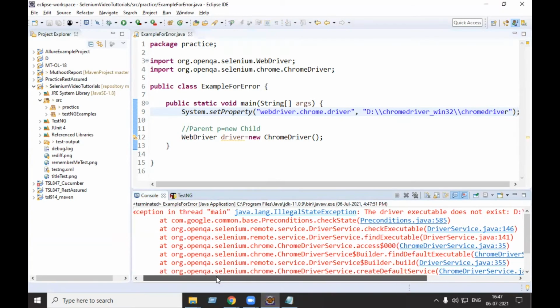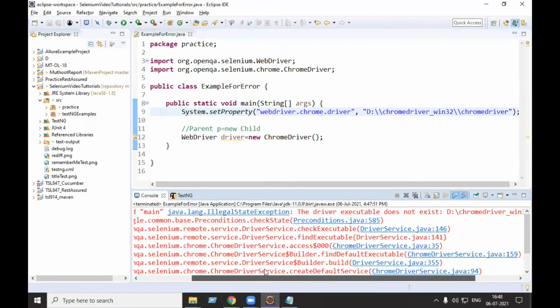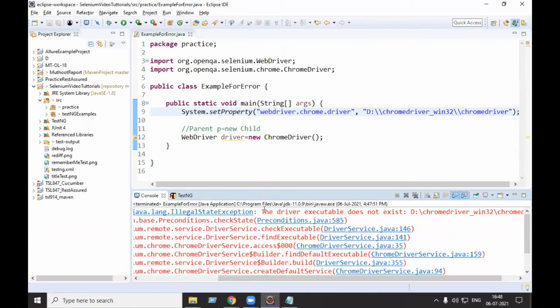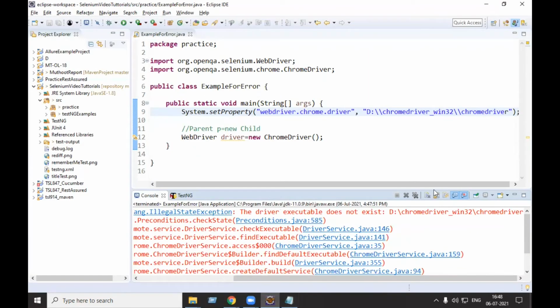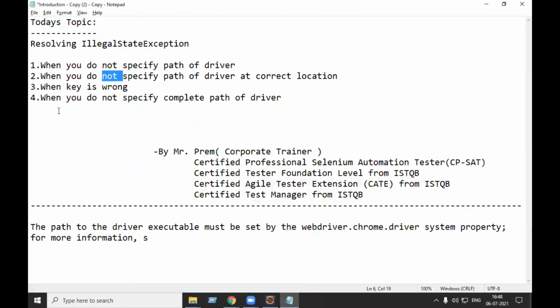Now what are you getting? Again, you are getting illegal state exception, but this time the error is different. The driver executable does not exist. Okay, it is saying the driver is not there. Here, what happened? You forgot to mention the .exe file. So our fifth point will be that you did not mention the .exe in the case of Windows. In the case of Linux, .exe is not necessary.